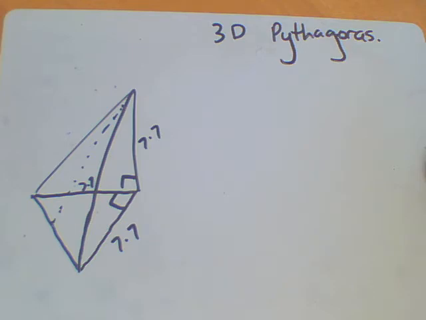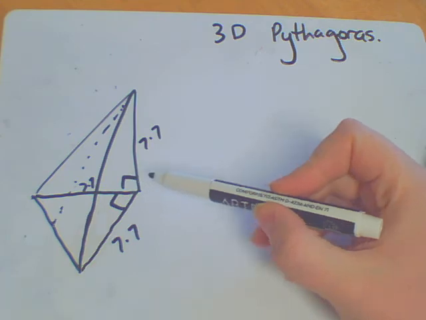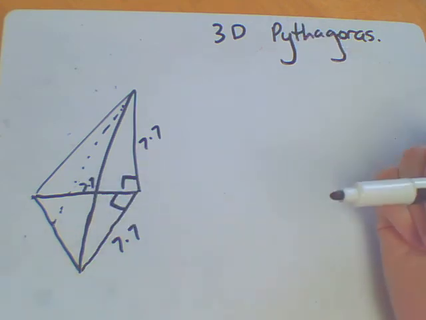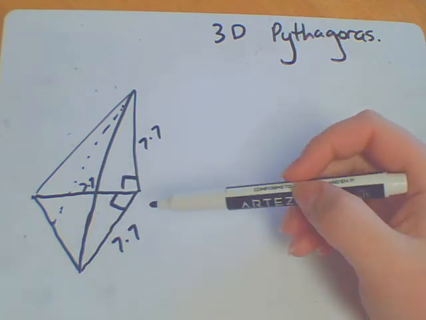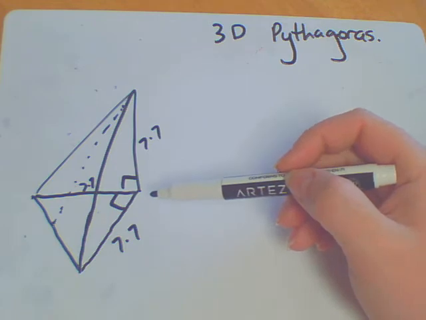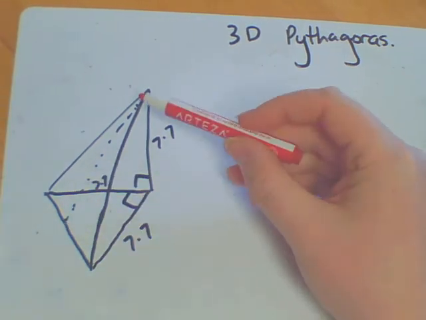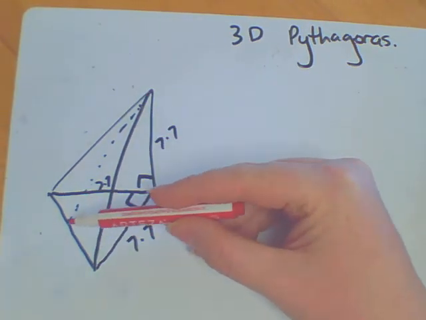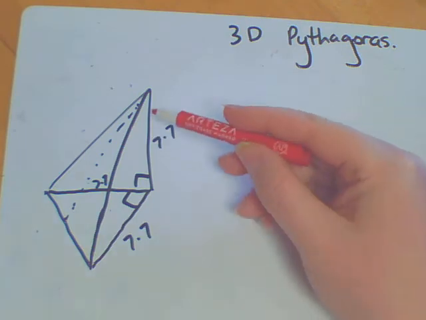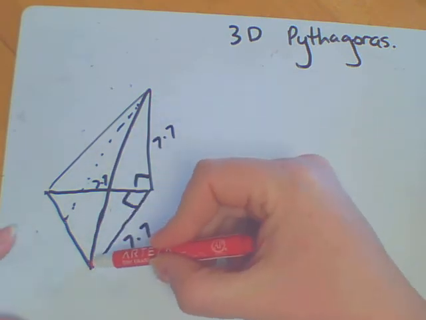Some of you have contacted me regarding this question that has appeared on your work. So this question is asking you to find out the length of the dotted line. If you look very carefully, you've actually got right angled triangles here. Okay, they've noted that they're right angles in the corner. So the first one we're going to work out is we need to work out, in order to find this length, I'm going to want this one and this one. So using this triangle that's on the side,